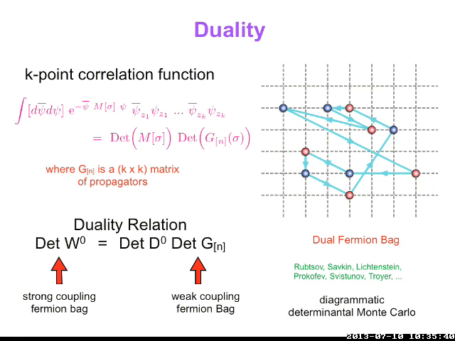So this is the same as the determinant of W, which is just a relationship in linear algebra, and this is exactly the picture that condensed matter physicists have been using, called the diagrammatic determinantal Monte Carlo. Interestingly, at weak couplings, the problem is much simpler if I do it like this, because if there are, let's say, k monomers on average in your system, it's much easier to do a determinant of a k by k matrix than of a (V minus k) by (V minus k) matrix.